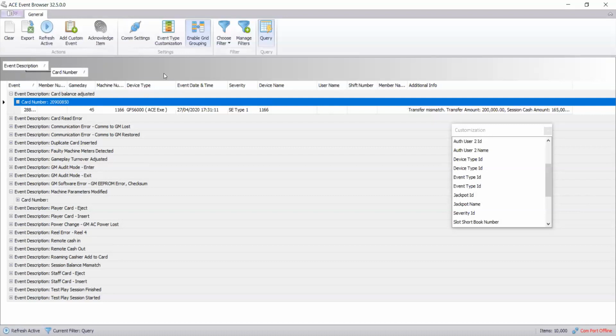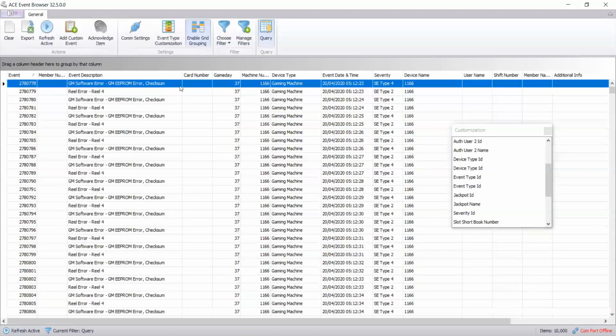Now, I think there's a question that you might want to ask about: I want to focus on certain events. I don't want to just see everything as it happens, and I want to focus, for instance, on this specific machine number 1166. I can customize my filters for certain events. For instance, you wanted to look at machines where there's a cash out or money is inserted. We can go and manage filters,